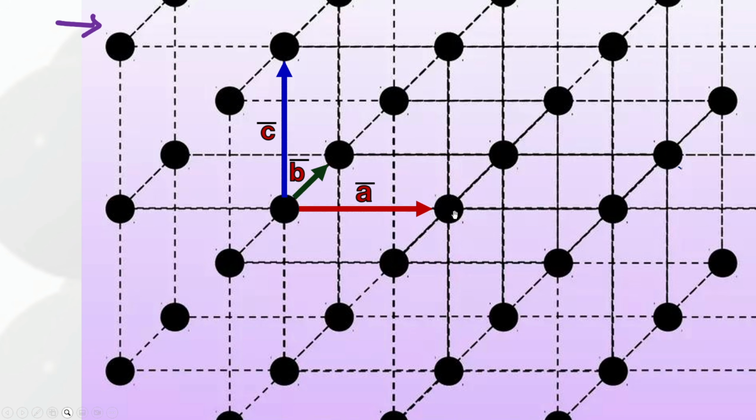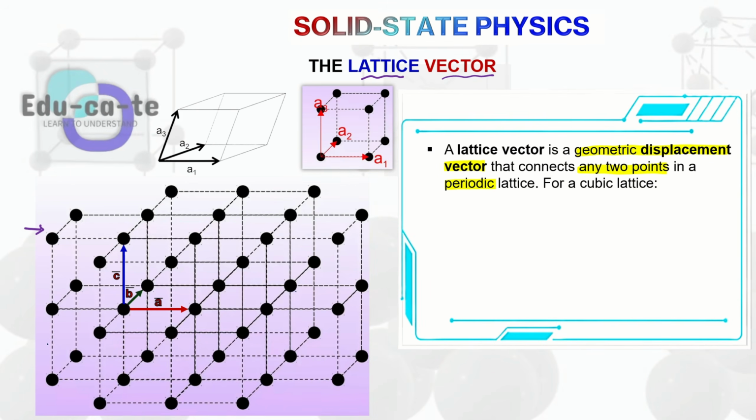in the crystal lattice. Then we have another lattice vector B, which is connecting this particular atom here at the center with this other atom here. Okay, the ones that I'm showing with my little hand. And then the lattice vector C is connecting this point here and this point here. So basically a lattice vector connects 2 points in a periodic lattice,